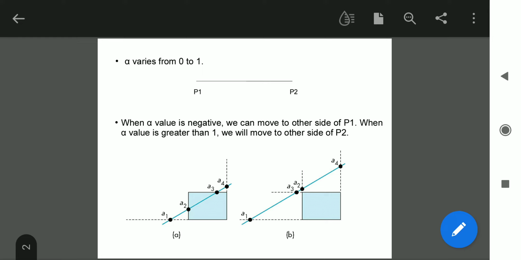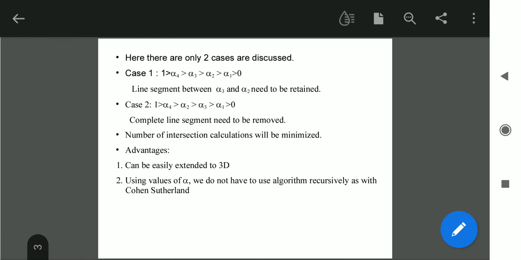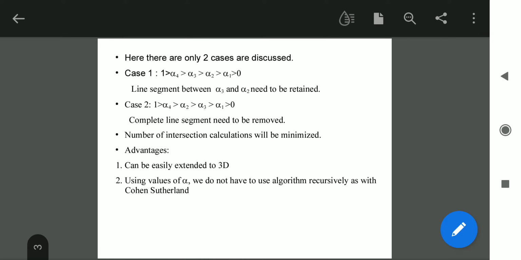This is the order of calculation of alpha values at the intersection points. Now once we calculate all the intersection points, these intersection points need to obey a condition. Then what is that condition? The condition is 1 greater than alpha 4 greater than alpha 3 greater than alpha 2 greater than alpha 1 greater than 0. If all the 4 intersection points obey this condition, then the algorithm says the line